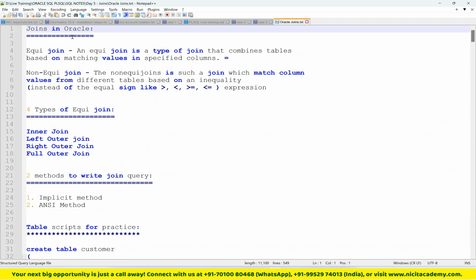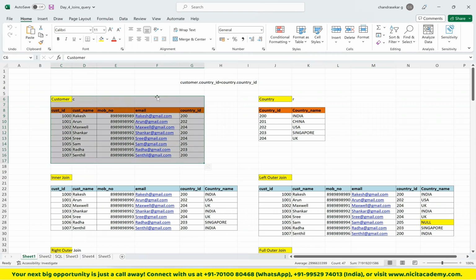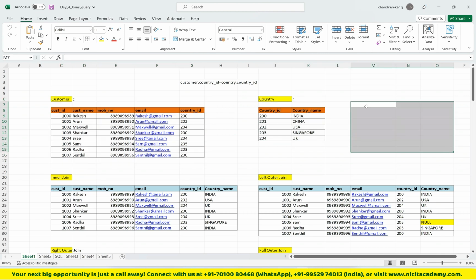Joins is nothing but, you remember in normalization, we split the tables into multiple tables, right? We may have only a single table, and that table can be split into multiple tables. This is one table, this is another table, one more table. It is not necessary that they should be in a relationship. It might be a foreign key primary key relationship, it might not be there. Your joins need not have it. But here we have the customer table and the country table. So I have to